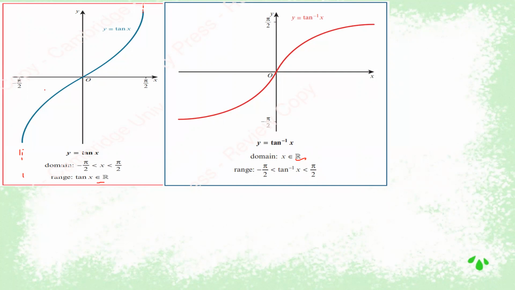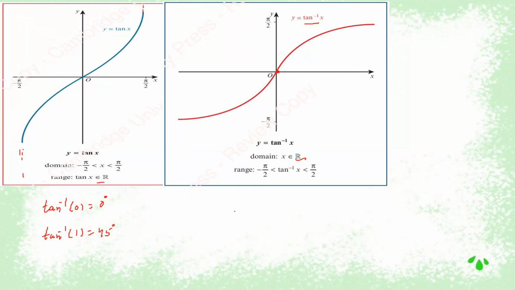The period of tan is 180, but they restricted it here from minus 90 to 90 so that it represents the inverse, meaning tan inverse x, okay? Now we will see a few answers directly from the curve. Tan inverse 0, if you check here, it is exactly 0. And if you check tan inverse 1,